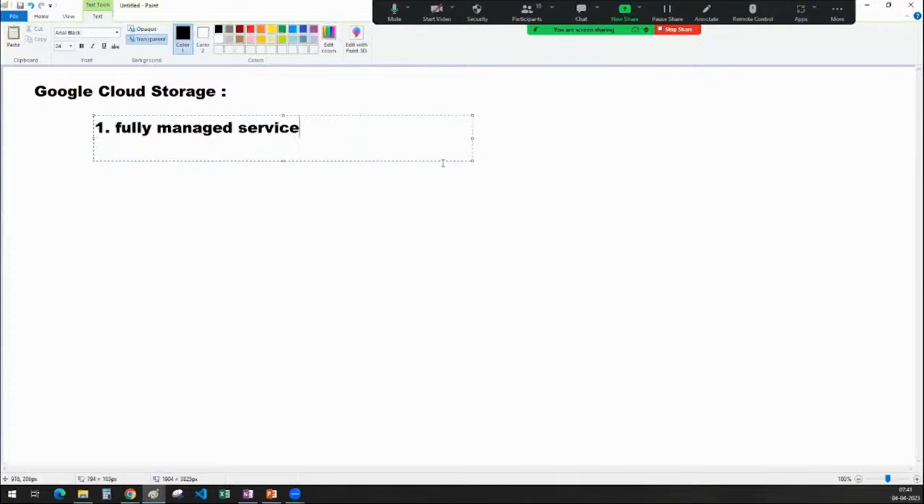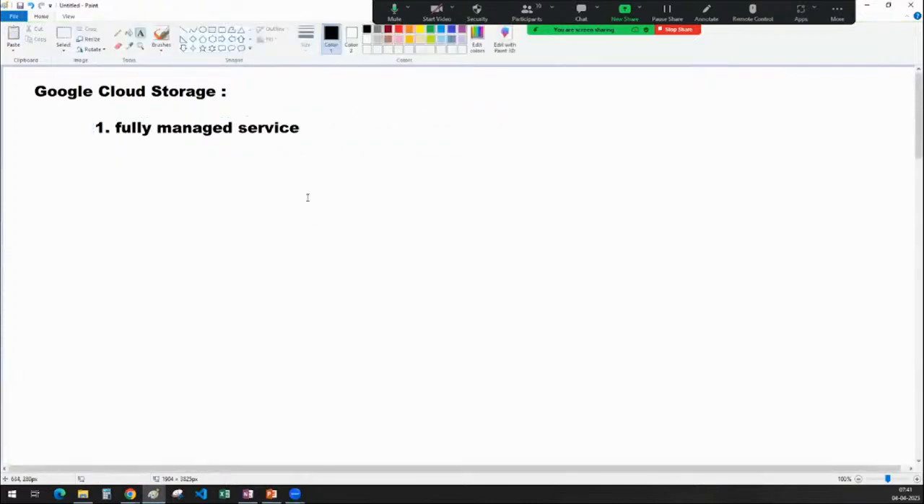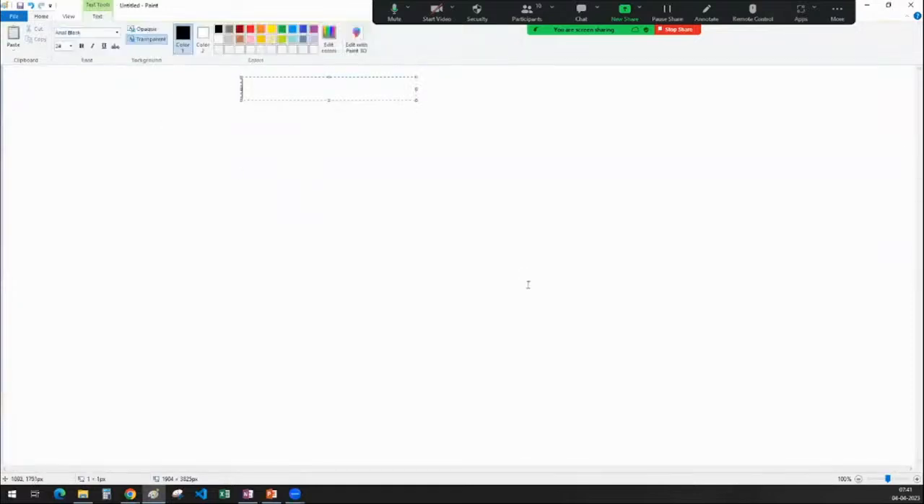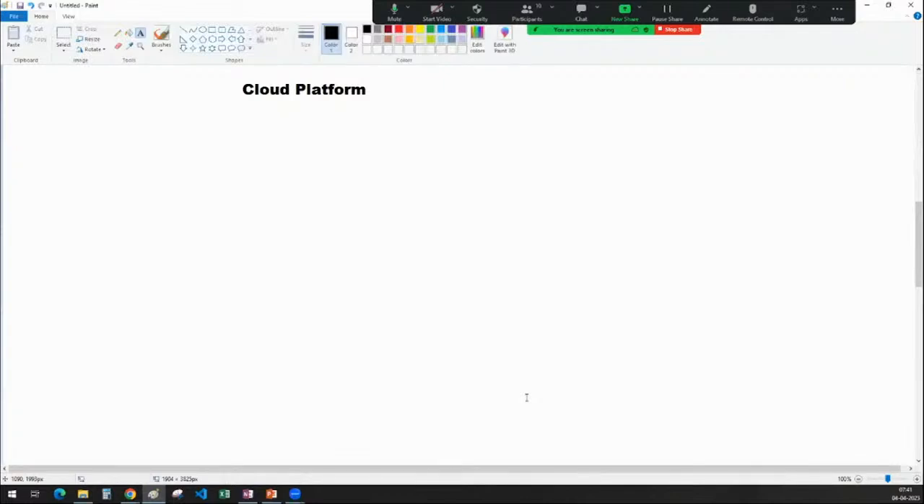What do you mean by fully managed service? Sir, I want you to understand what fully managed means. For the very first thing, I will try to tell you. Sir, if you go to any cloud platform, the services in the cloud platform are categorized into things. One is